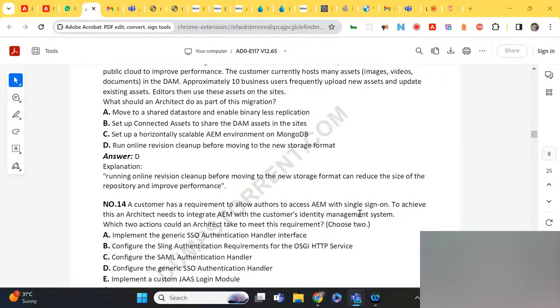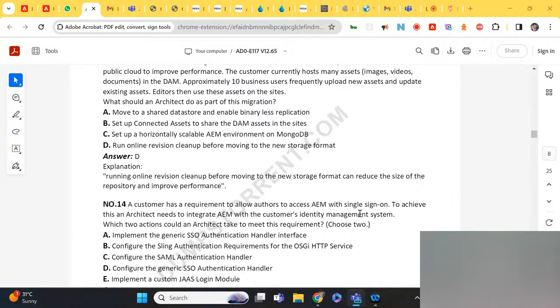And next, question number 14. A customer has a requirement to allow authors to access AEM with single sign-on. To achieve this, an architect needs to integrate AEM with the customer identity management system. Which two actions could an architect take to meet this requirement?